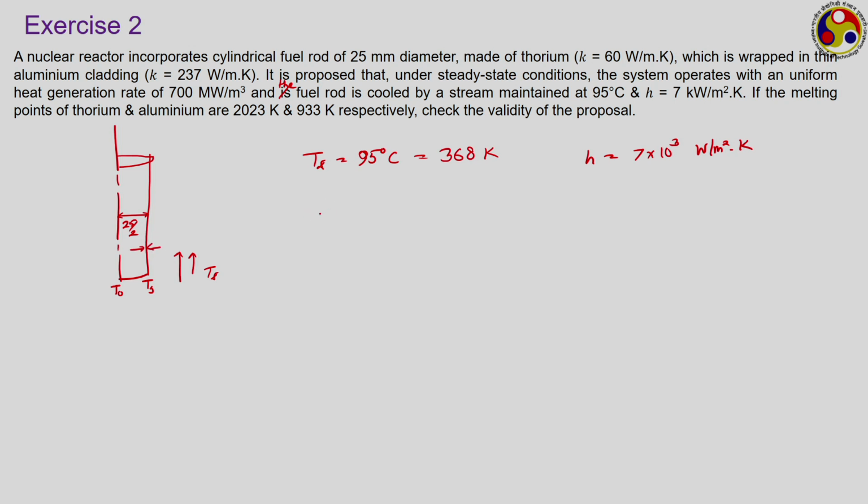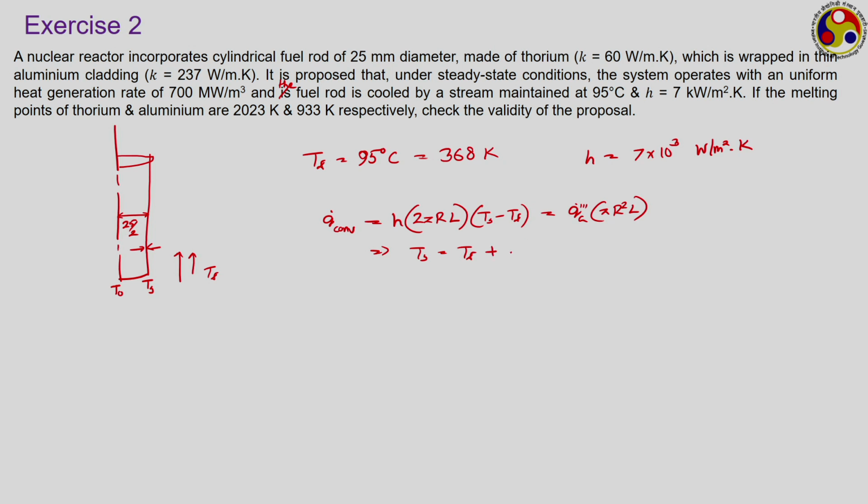We know that the total amount of energy lost to convection is equal to h into area, which is 2 pi r L into T s minus T infinity, and that is equal to the total amount of energy generated inside, that is q 0 triple prime into pi r square L. So, we have T s is equal to T infinity